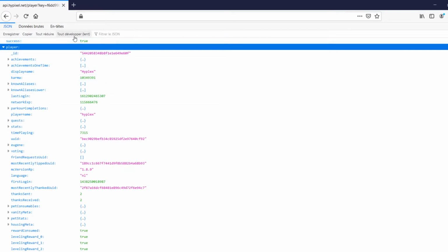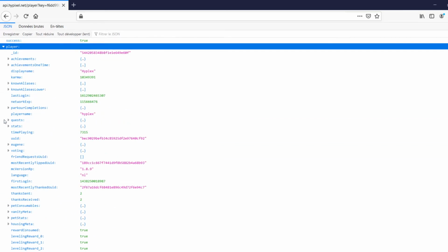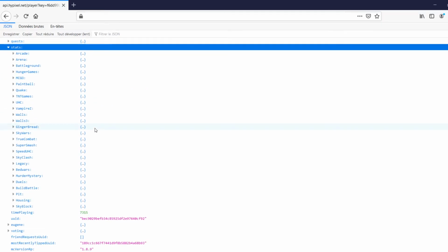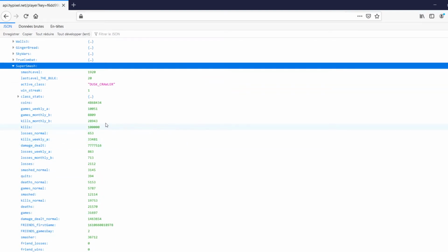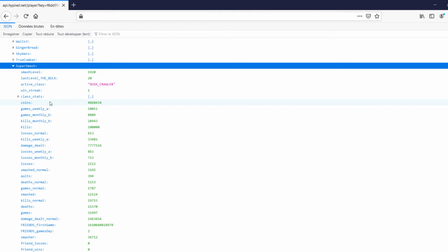Now we got true, so it worked, and then we can open this and see the data, and there's a ton of stats, and all these arrows here are just little subfolders. So we can go into stats for the game mode stats, and then we can go to Super Smash for Smash Heroes, and there are some code names here, like Gingerbread is actually Turbo Kart Racers, but there's